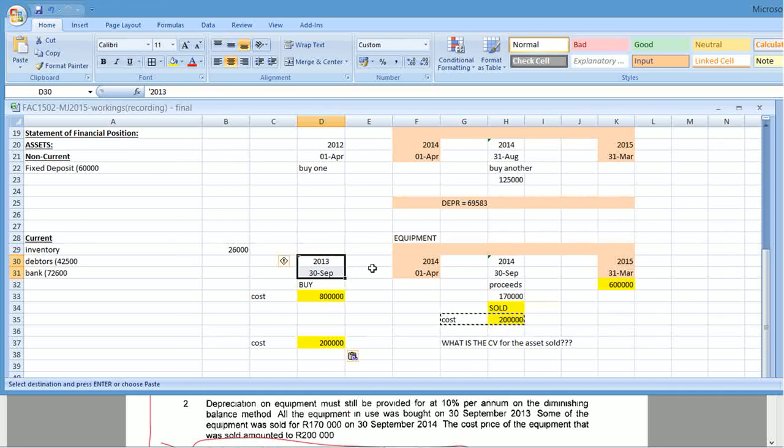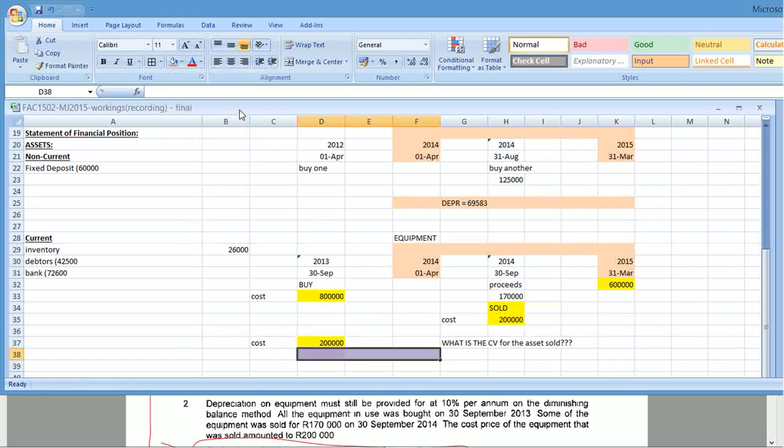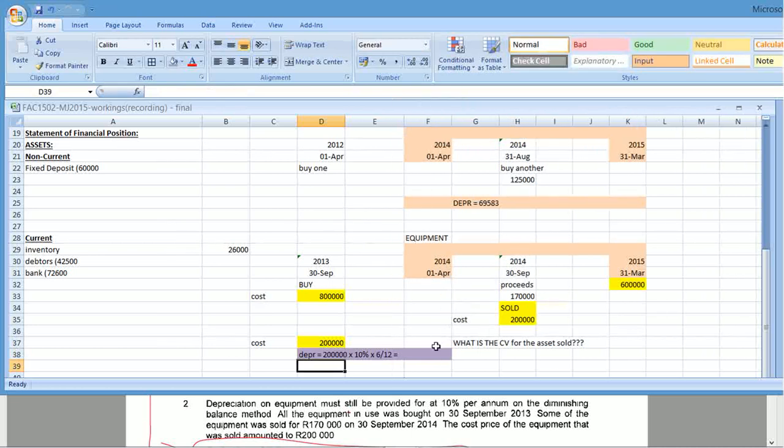So 30 September 2013 to 1st of April: we wouldn't count September, so we would count October, November, December, January, February, March. That's 6 months. So depreciation from here to there is $200,000 times 10% times 6/12, which gives you an amount of